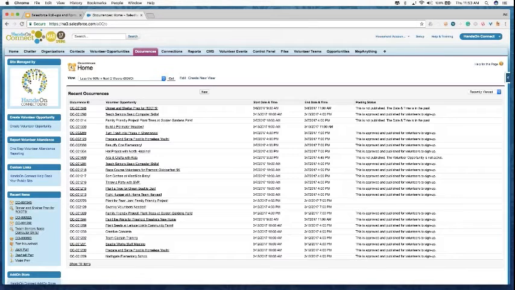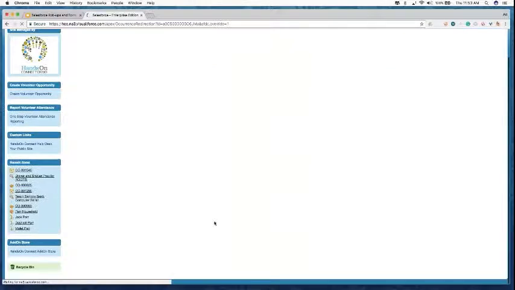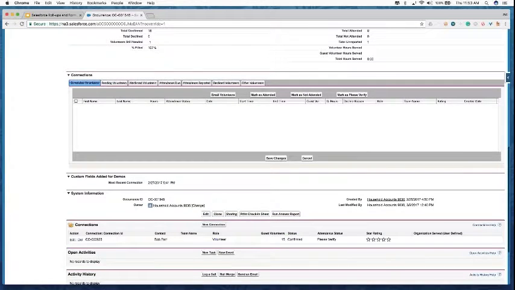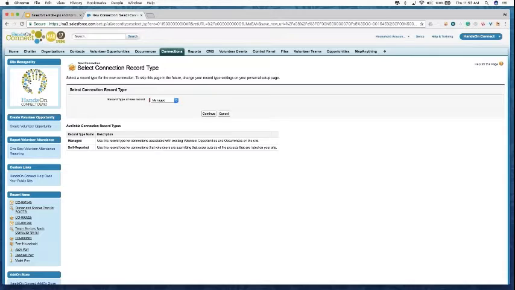So if I go to my occurrence record, I can see that the most recent connection was created on February 27th. And that was when Bob Parr signed up for this opportunity. Just like with formula fields, rollups are automatically calculated as soon as you create them for all the records in your system. And if I create a new connection,